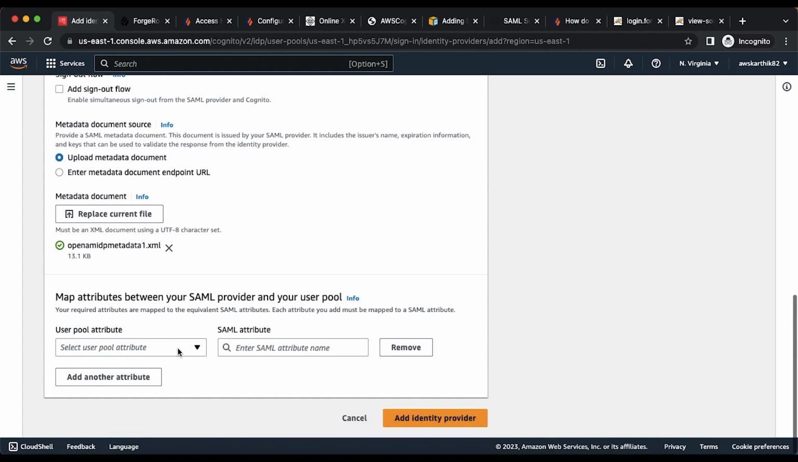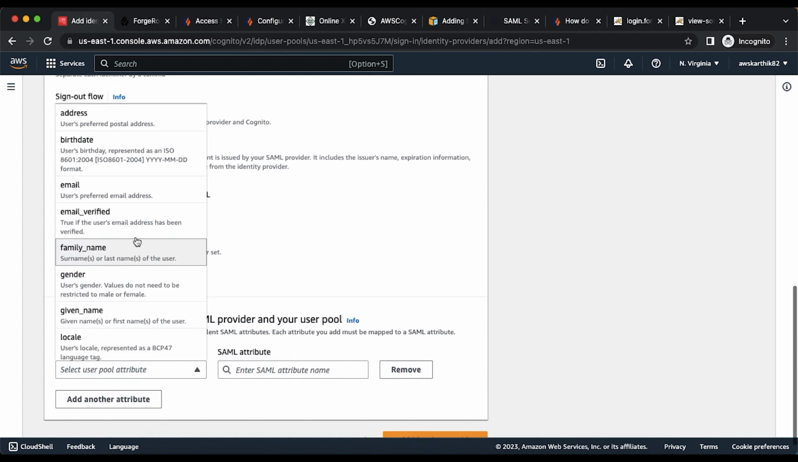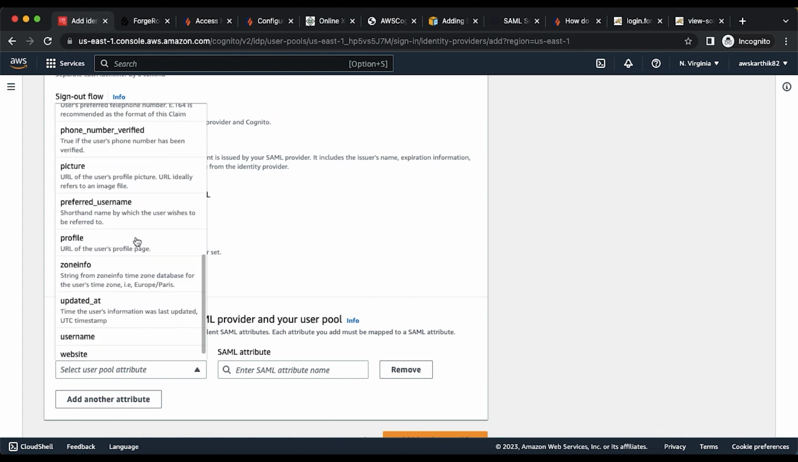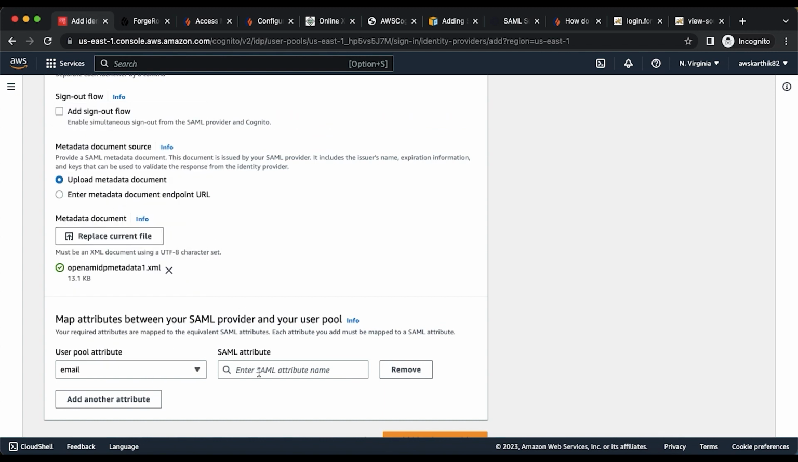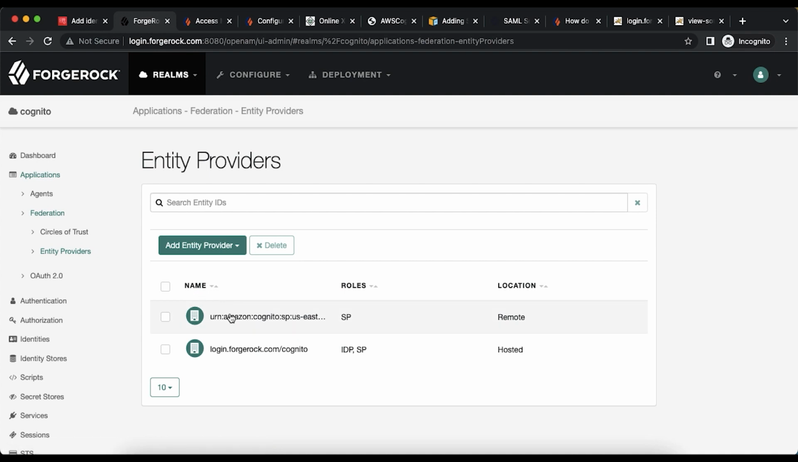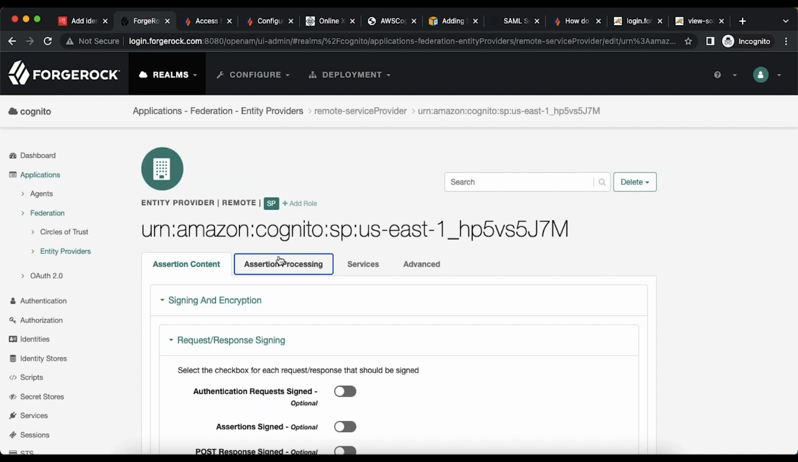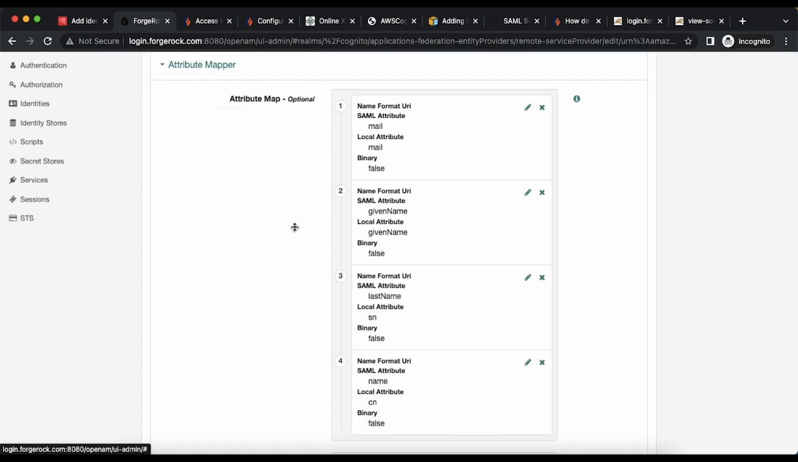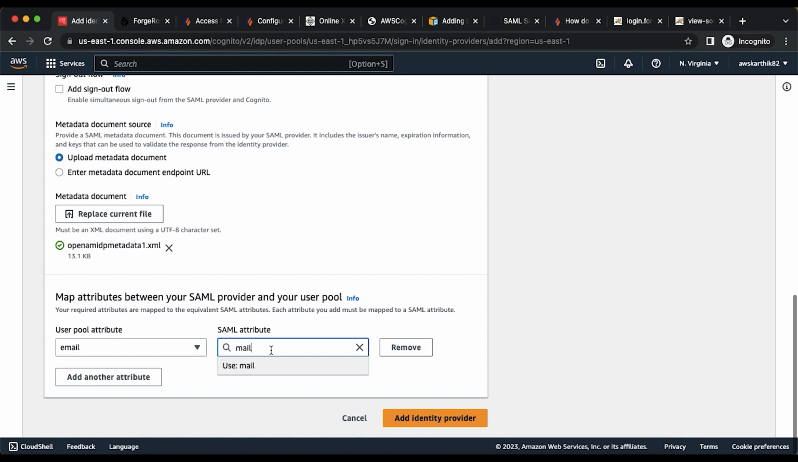And now let's do the attribute mapping. If you remember, we configured 4 different attributes, like email, which we named as mail. If you go back to the assertion processing step, there are 4 SAML attributes that we configured: mail, given name, last name, and name. I'm going to map each SAML attribute to the local user pool attribute name. So it is mail,